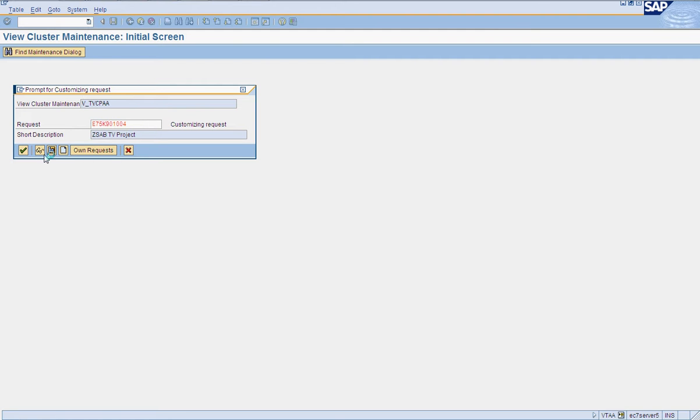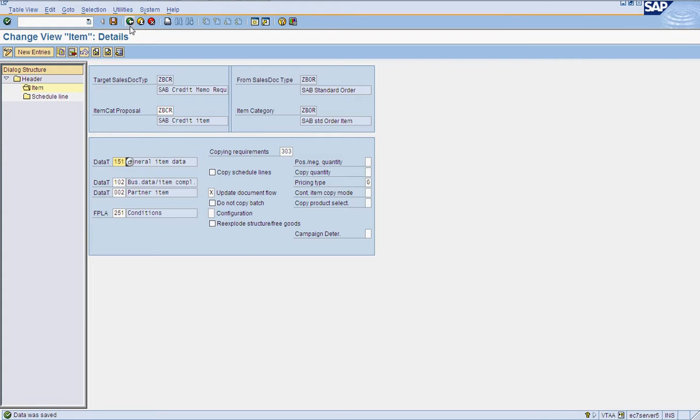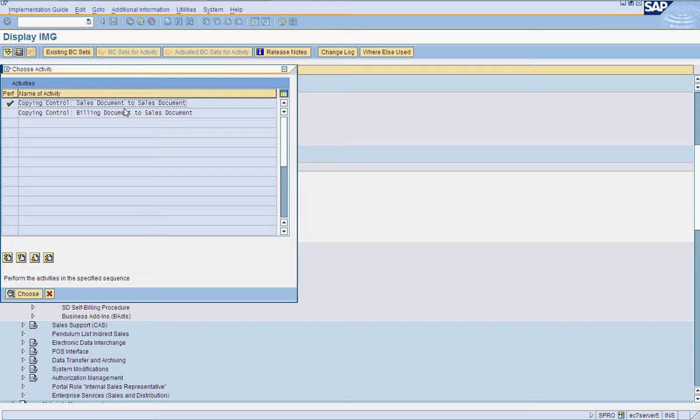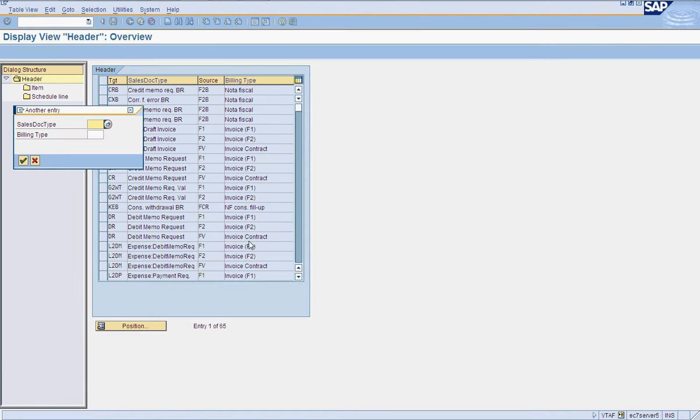Now let's do the second part, that is copying invoice to order. We will be taking reference as CR to F2.